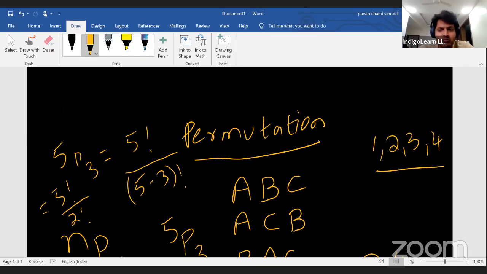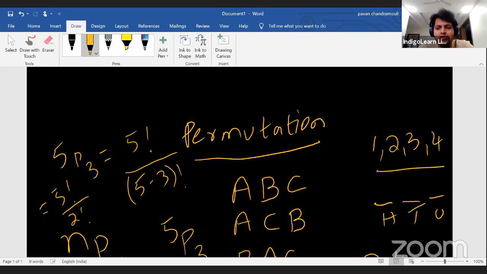So I can't use any number more than once. I have to form a 3-digit number, so you can see 3 digits: units place, tens place, hundreds place. You have to form a 3-digit number using 4 digits, 1, 2, 3, 4. How many ways can you do it? Since you do not have any zero, you can place the numbers at any position as you like. If there was a zero, then there was a worry that I don't want to place it in the leftmost position, because if I put zero, then rather than being a 3-digit number, it will become a 2-digit number. So 1, 2, 3, 4 are my options available, and you have to arrange them in 3 places.